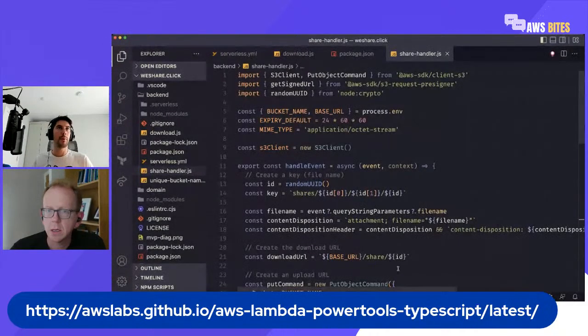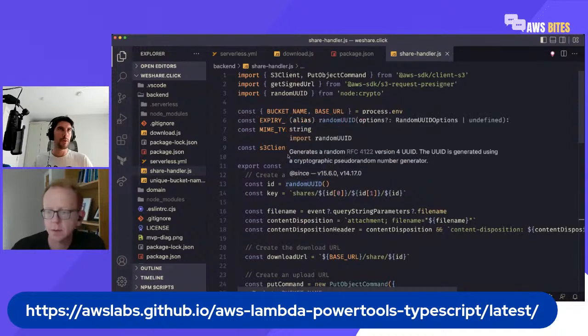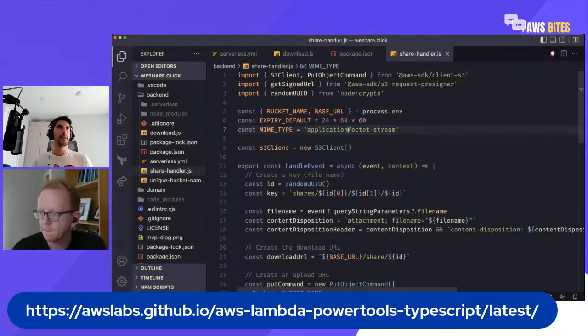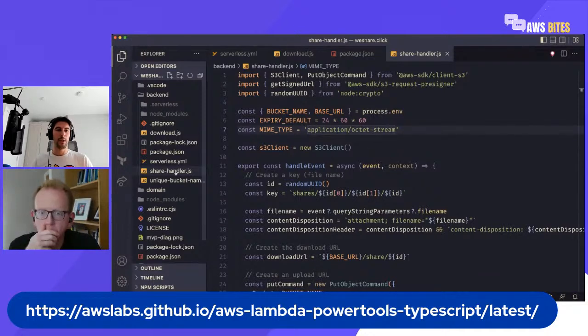So this is the code from our repository. Let me know if it's too small or not readable in any way. But yeah, we had a bunch of files. The main two files that we're going to touch today are the share handler and the download. The share handler is the Lambda code that allows us to basically create a pre-signed URL for uploading a file, while the download is the Lambda that allows us, given an ID for a file that was already uploaded, to download that particular file. So it's going to effectively redirect us to a pre-signed URL